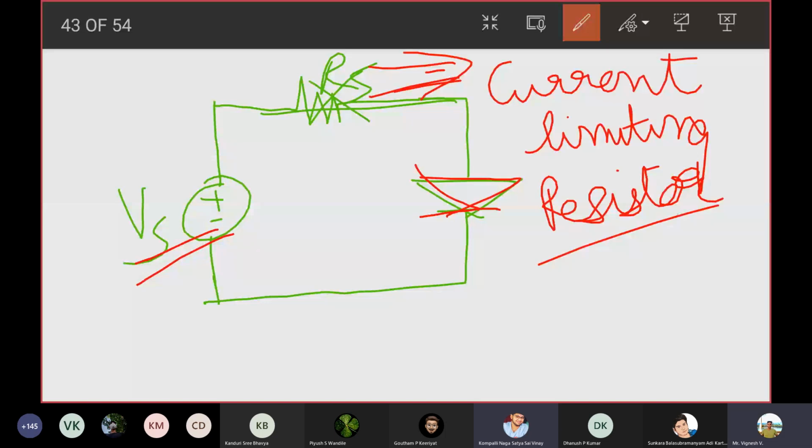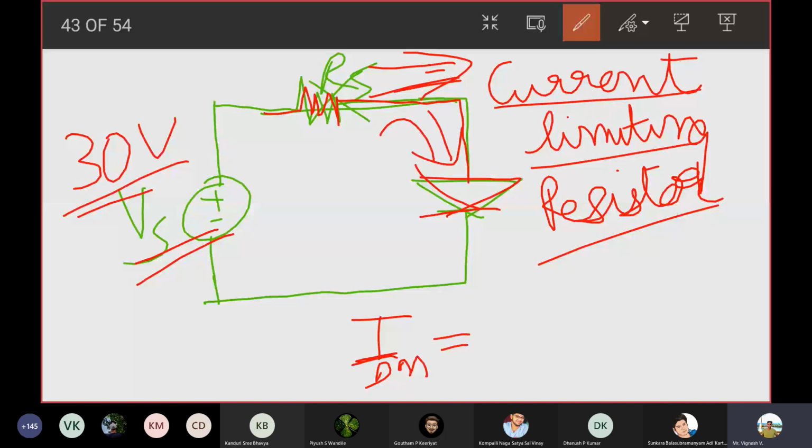No, sir. Okay. The reason why you put this RS in series with the diode is because suddenly you do not want the diode to see a lot of current. The PN junction diode will also have a maximum current it can take. You do not want the PN junction diode to be on instantly, say you put 30 volts here. If a lot of current flows through the PN junction diode, the diode will damage. So there will be a maximum PN junction current associated with it.